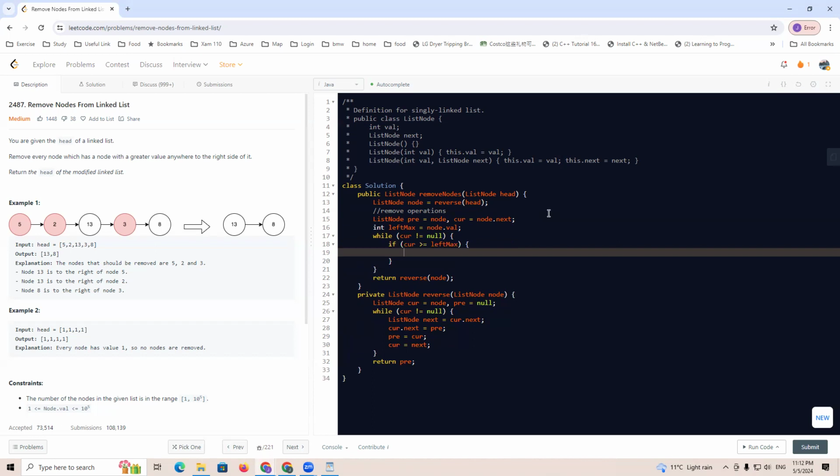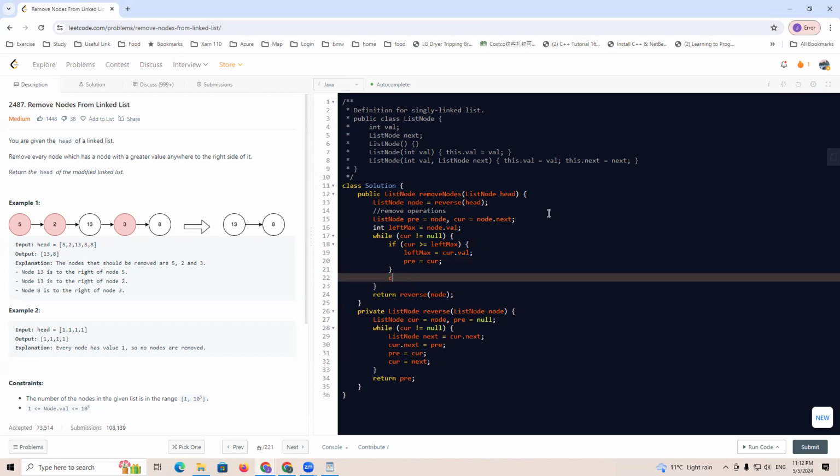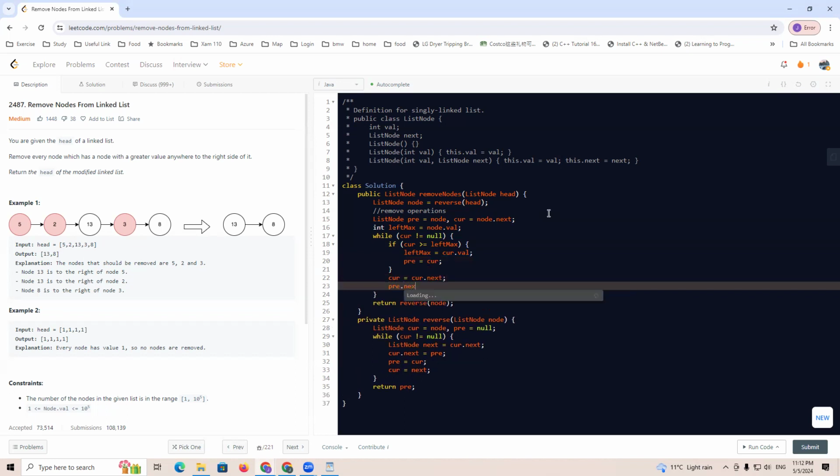Then we need to keep this. So we'll say left max equals current value. Of course, if it is equal, we don't need to update, but if we add this line, it will not change the value. And pre equals current. And we'll have current equals current.next, and pre.next equals current. That is we remove